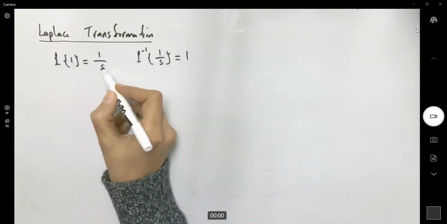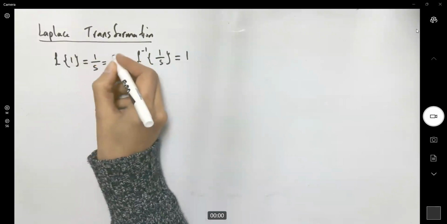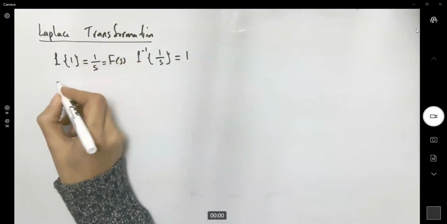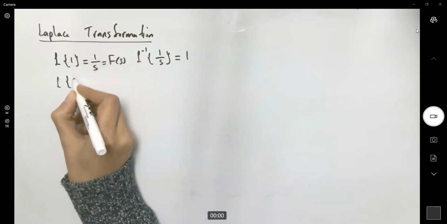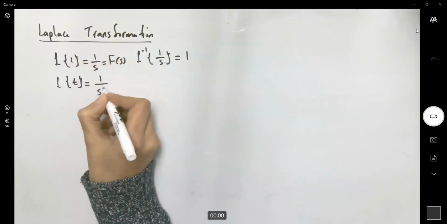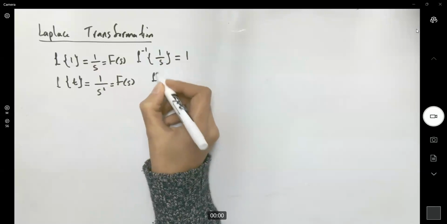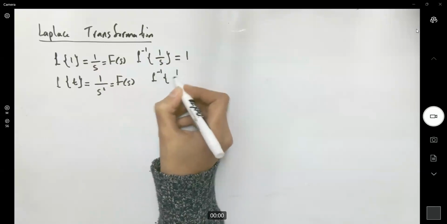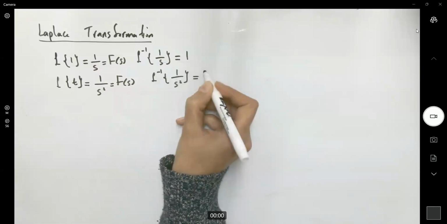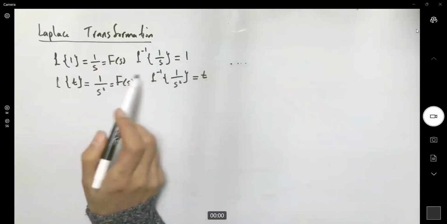1 over s is a function of s, so you can write it as F of s. We learned that the Laplace of t is equal to 1 over s squared, another function of s. The inverse Laplace of 1 over s squared is equal to t, and the rest of those Laplace transformations and